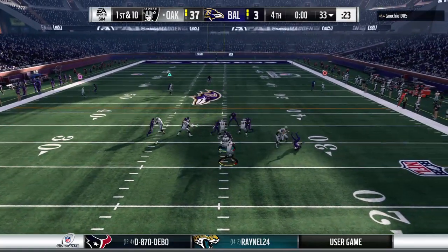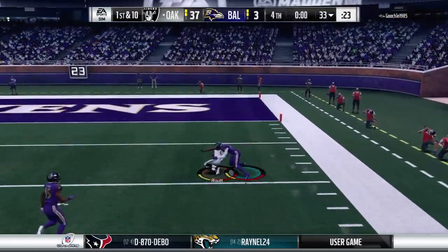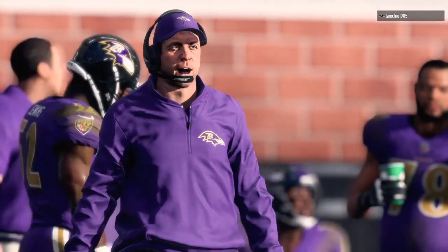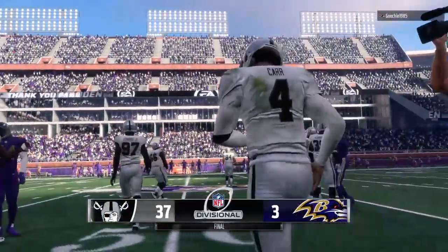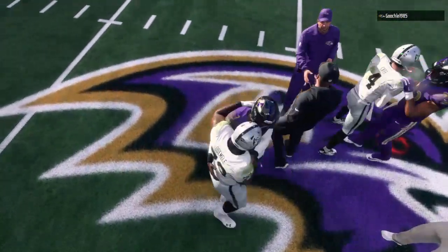Now a play fake here on first down. He's going to launch this thing way downfield. It's caught at the 10. And they will finally catch him, but not before he reaches the 8-yard line. And they're moving on to the conference championship. How about this? What a tremendous feeling to get to the game that can get you to the Super Bowl. A fantastic